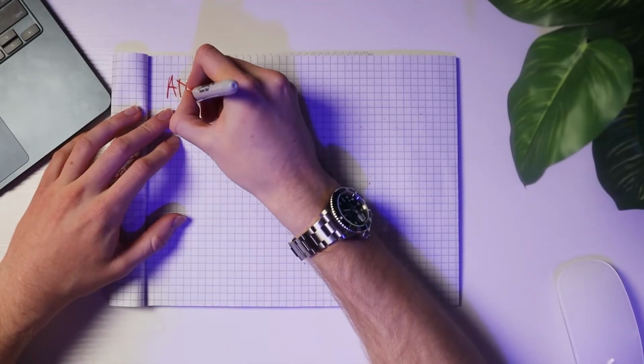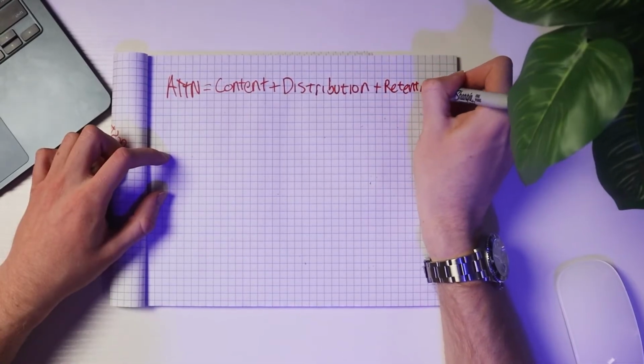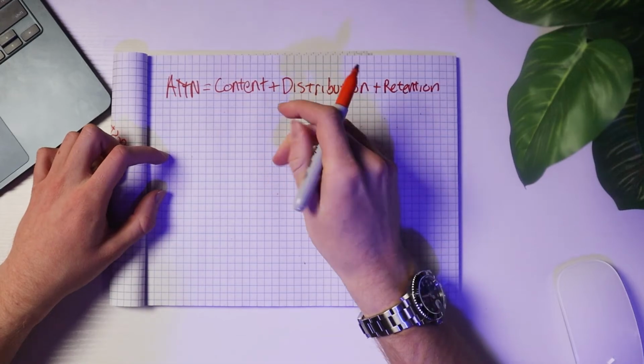So the attention formula in my eyes is: attention equals content plus distribution plus retention. This is the formula for generating attention, and from this we can create demand. So I always look at attention almost as a funnel,